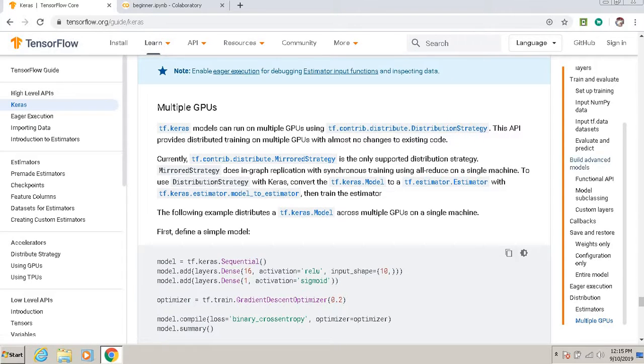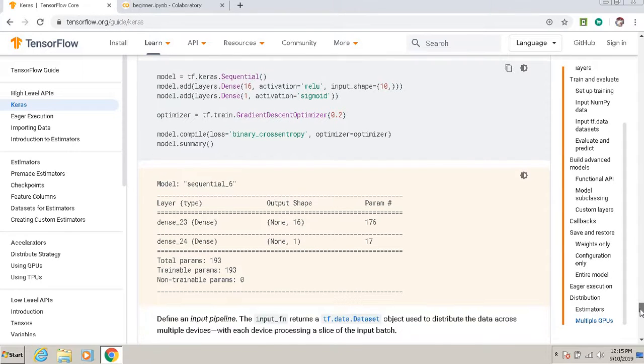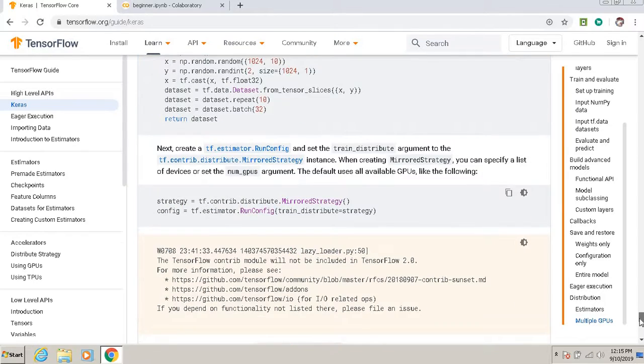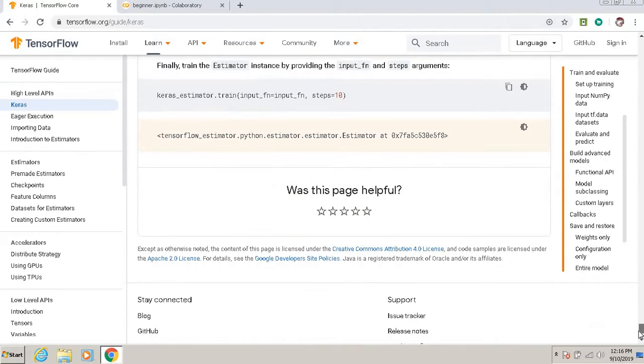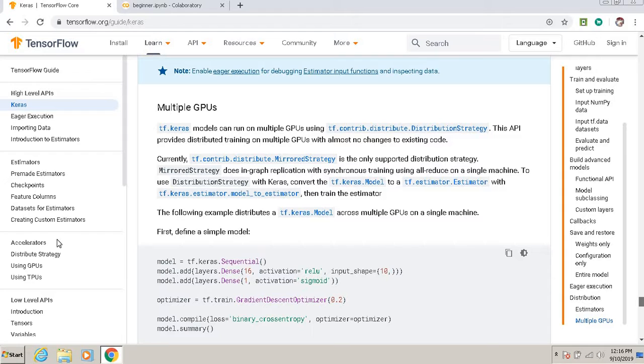So you can use a particular strategy by which you can use multiple GPUs. So that is all about what is keras.